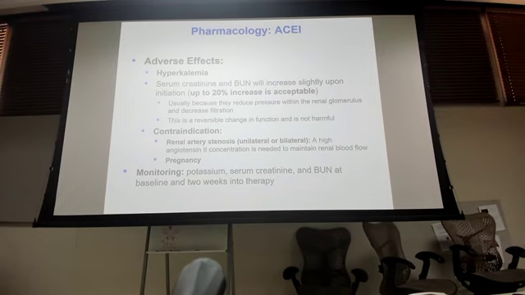If I put you on an ACE, when I bring you back in at 4 to 6 weeks, I need to see where you're at. I'm going to do the labs, right? We're talking about lab monitoring. Up to 20%, I'm not going to change you. Expected result. If we start getting really high, so anybody know what normal potassium levels are? 3.5 to 5 milliequivalents per liter, right? 3.5 to 5 milliequivalents. But if we start getting really high numbers,